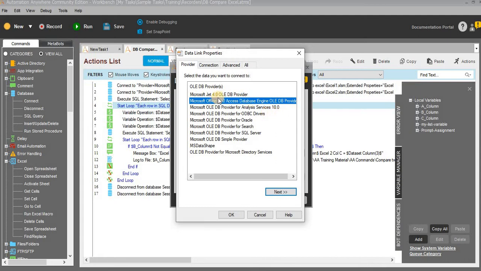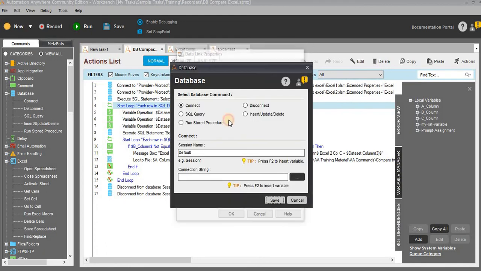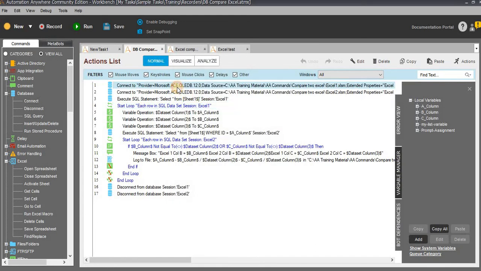That's up to you. Previously I used 4.0, since my system was not updated. You can use 4.0 or 12.0 or 10. That's up to you. You can even use the OLEDB provider or ODBC drivers. You can use anything.